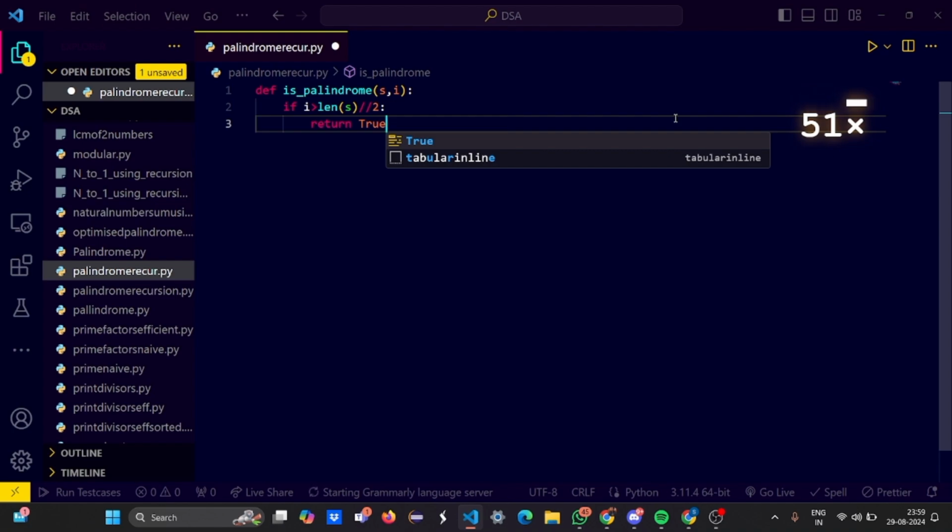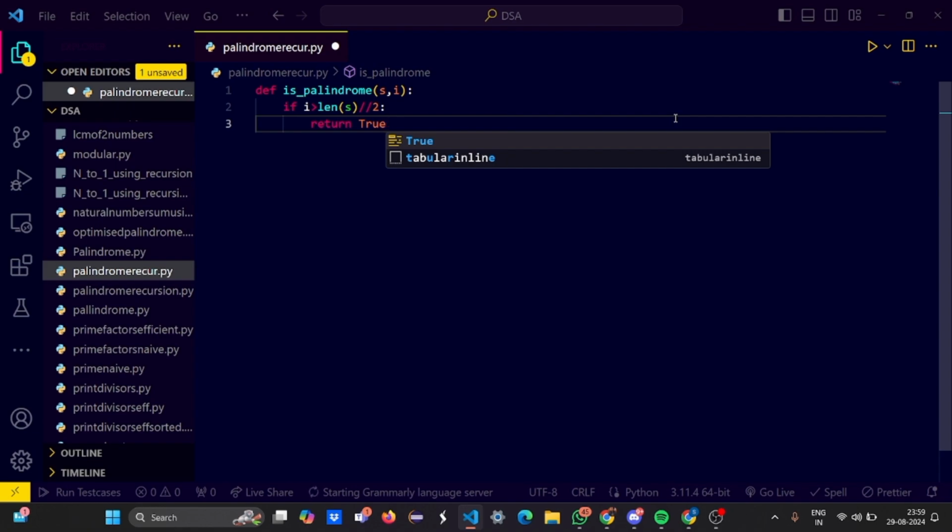I've already explained it in the previous code also. Suppose the text is B, A, B. Its reverse is also B, A, B. Hence, if the original text and the reverse are the same, you can say that the string is a palindrome.